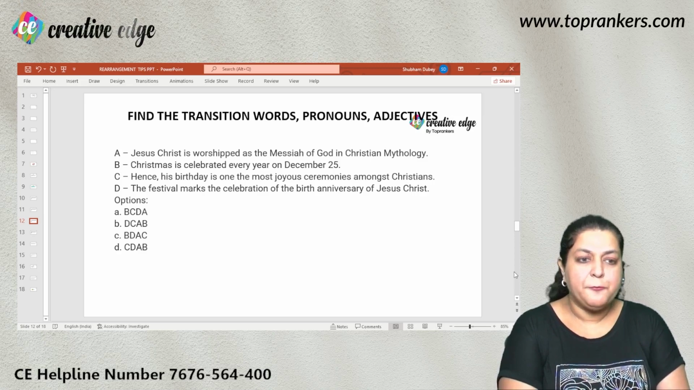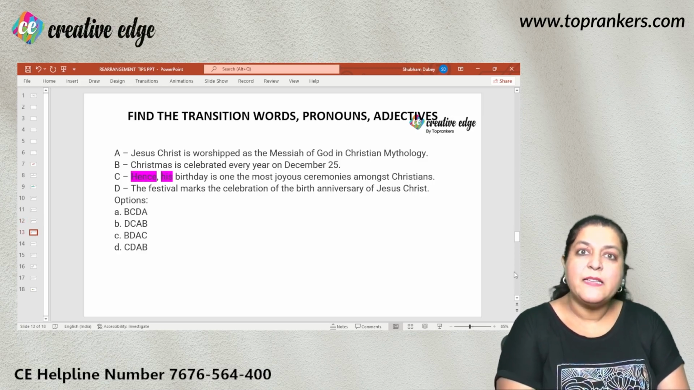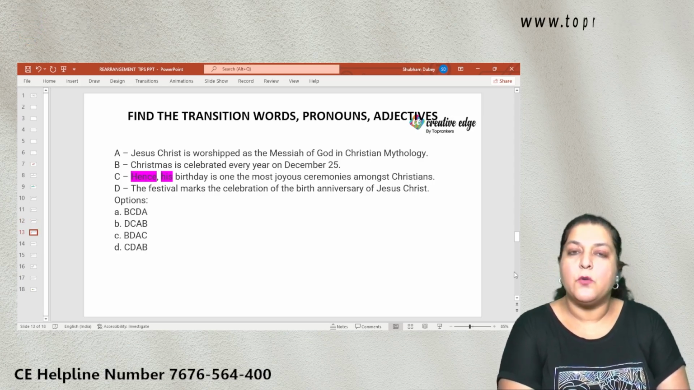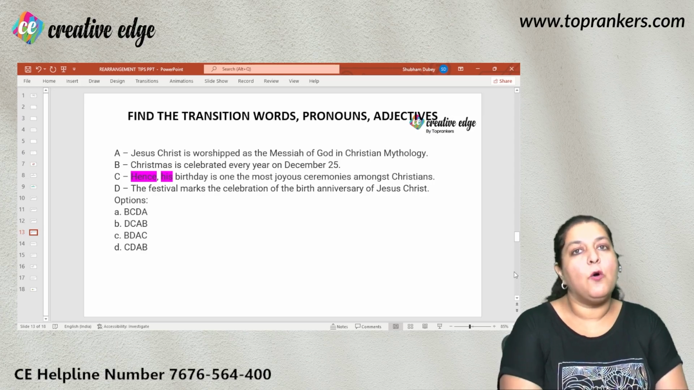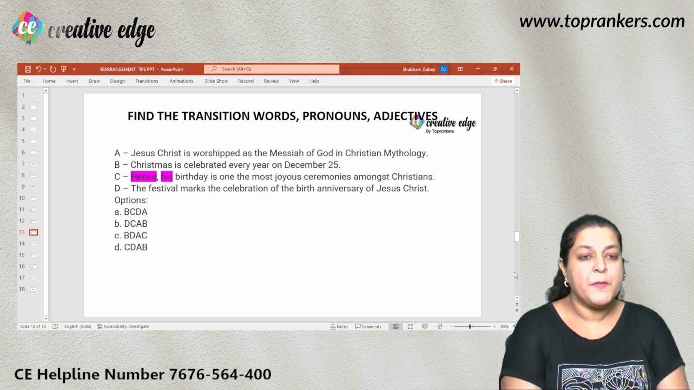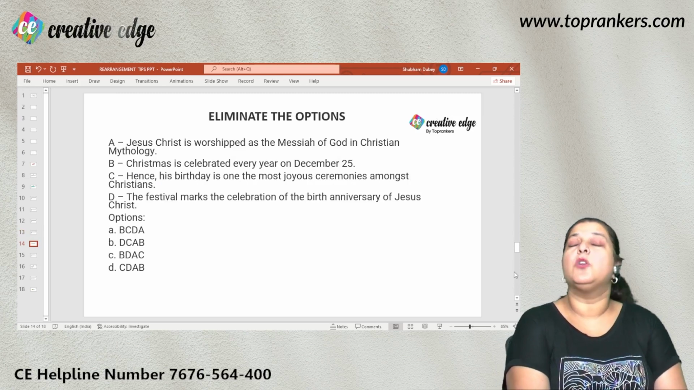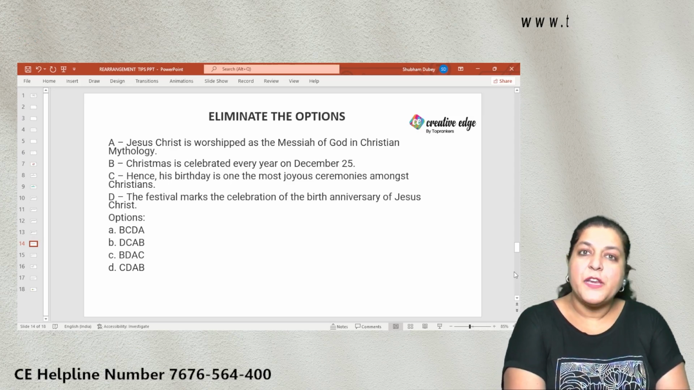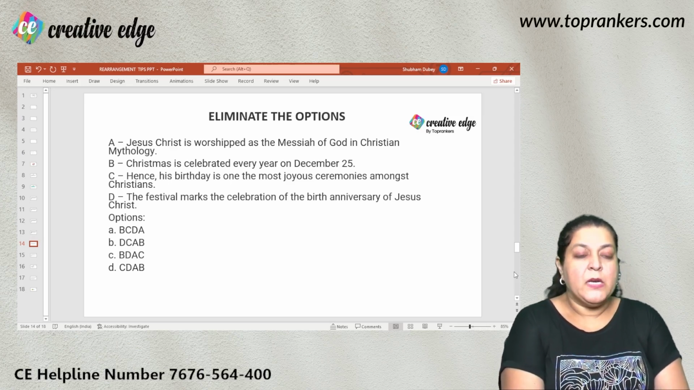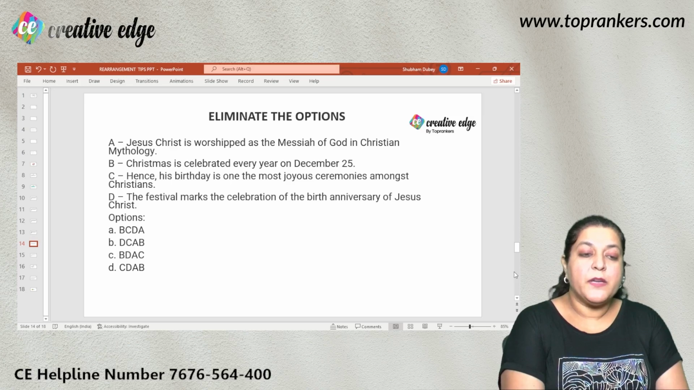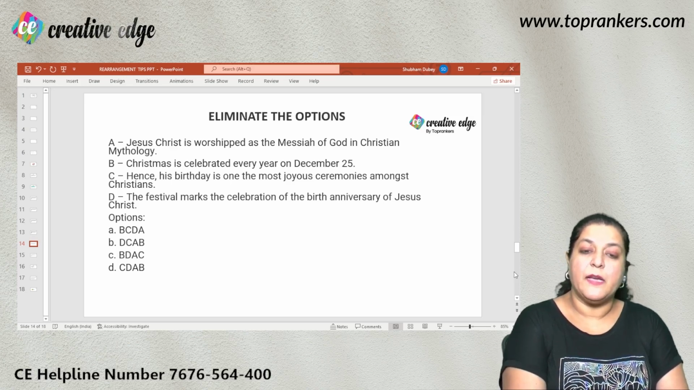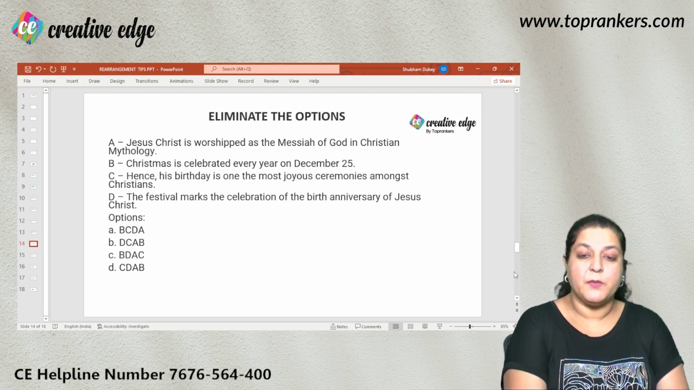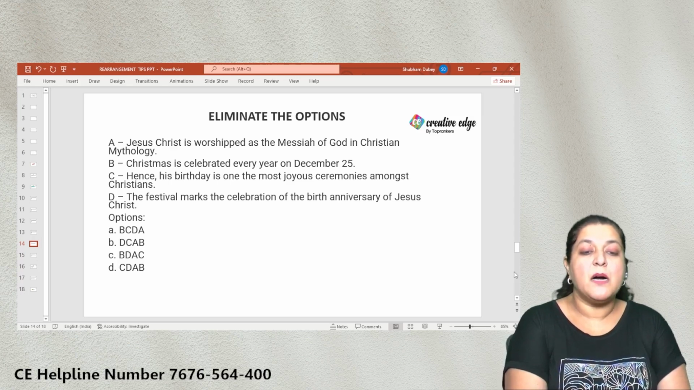In this part, if we go to see clearly, hence and his are the two transition words and the pronouns that we are being talked of that show us the linkage of the sentences. All right? ठीक है? तो इस हिसाब से हम क्या कर सकते हैं? हम बहुत इजीली अपने ऑप्शंस को एलिमिनेट कर सकते हैं। ओके, नाउ लेट्स जस्ट रीड क्विकली टुगेदर एक बार फिर से। Jesus Christ is worshipped as the Messiah of God in Christian mythology. Christmas is celebrated every year on 25th December. Hence, his birthday is one of the most joyous ceremonies among Christians, and the festival marks the celebration of the